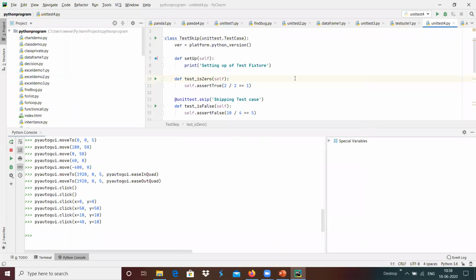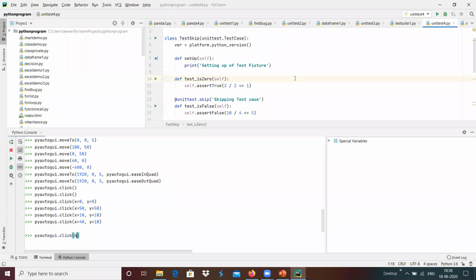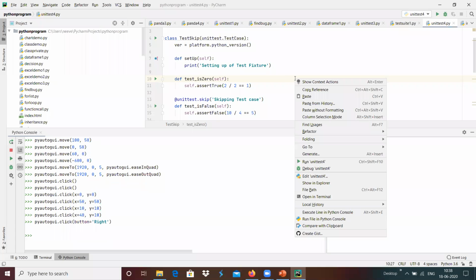So I'm going to do something like pyautogui.click. In this, I'm going to use button equals right, which basically generates a right button click event at the current location.